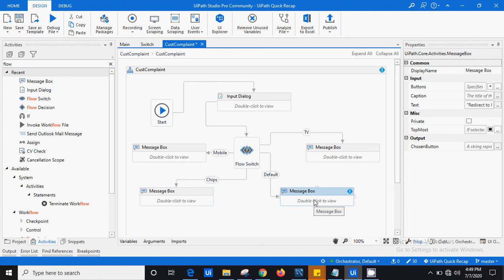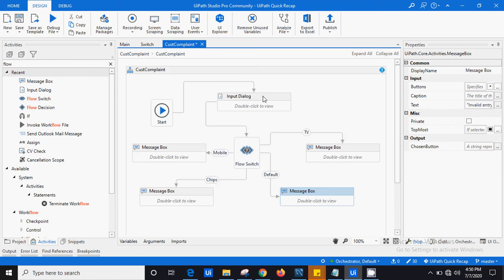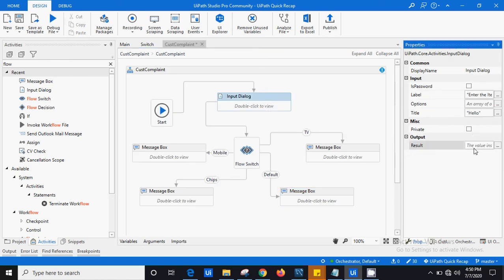If nothing matches, you should just say invalid entry. Let me go and see once again. Here I should give the result as, say, item. You can give anything.